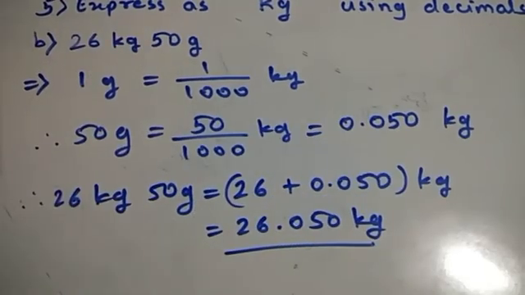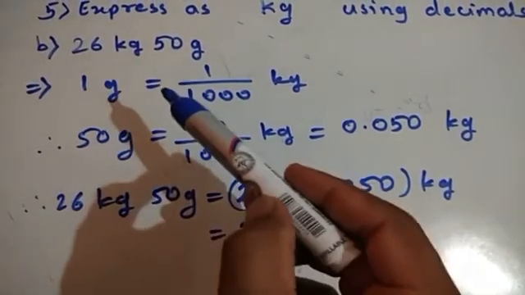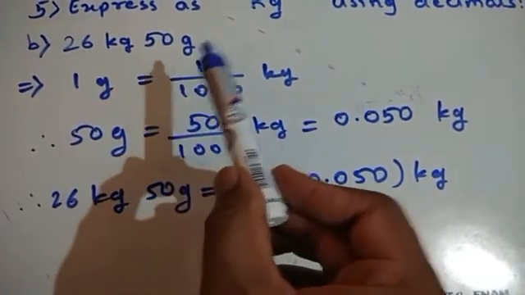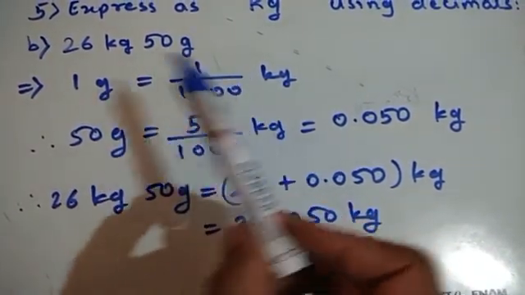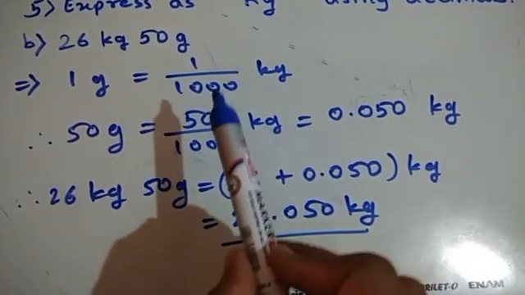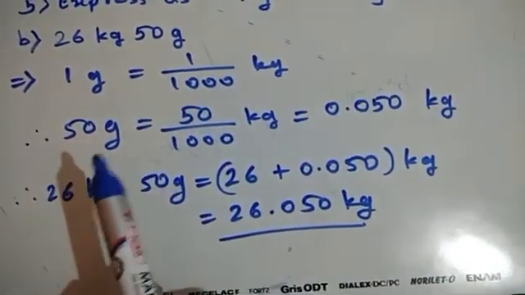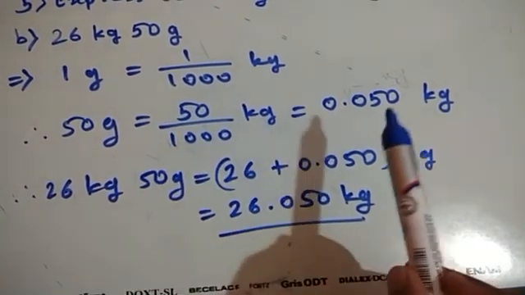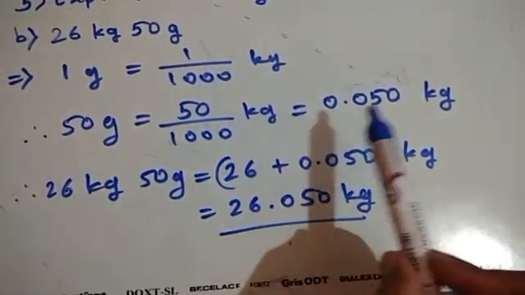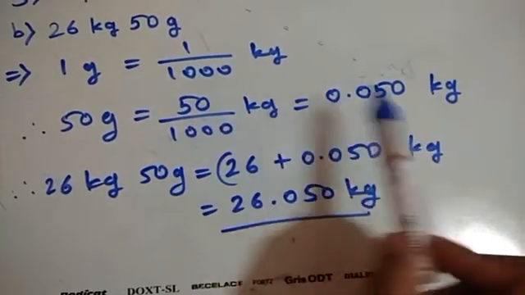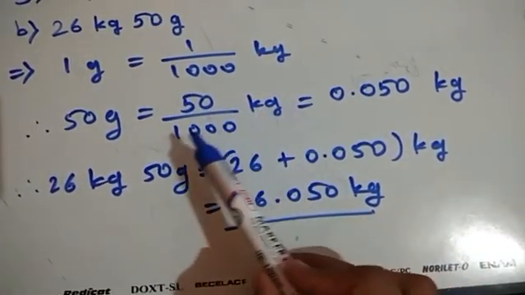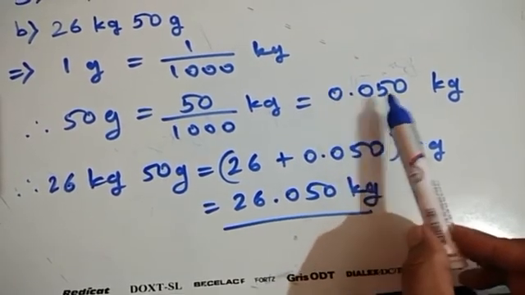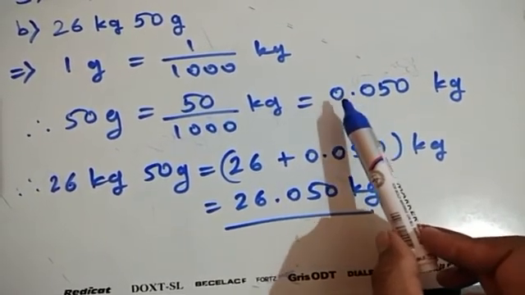See one more example here. 26 kilogram 50 gram. Now here 26 is already in kilogram, so only convert this 50 gram into the kilogram. Okay, 1 gram is equal to 1 upon 1000 kilogram, that we know. Therefore 50 gram is equal to 50 upon 1000 kilogram. And 50 upon 1000 we can write in decimal in this way. That is 0.050 kilogram. How? See, write down 50 as it is. Now before 3 digits decimal point, so before 2 digits we have 1 more 0 I added here, and before 3 digits I put decimal point. Now it becomes 0.050 kilogram.